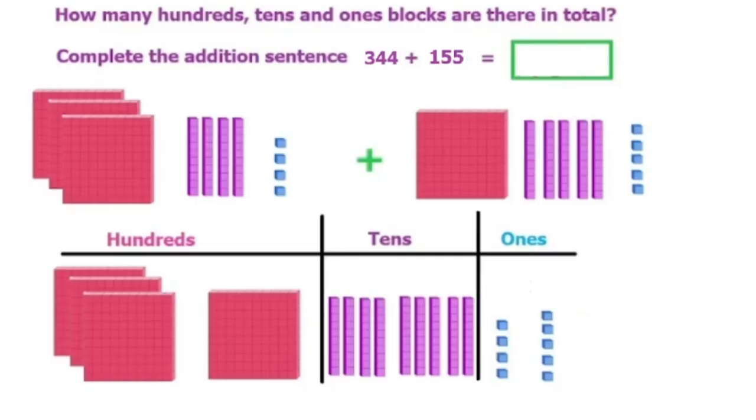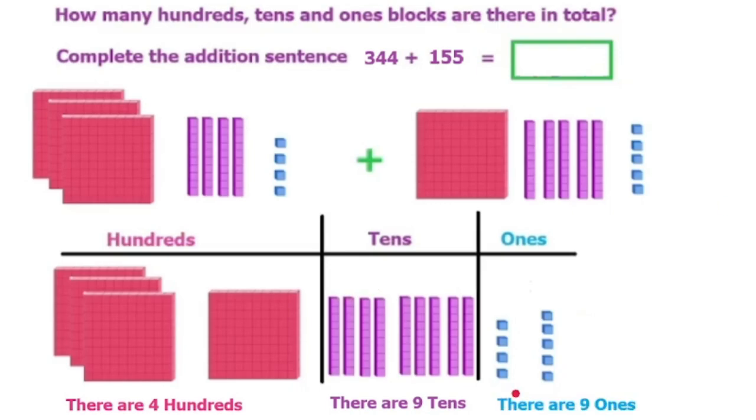So we just add them up. So there are 4 hundreds. There are 9 tens, right? 1, 2, 3, 4, 5, 6, 7, 8, 9. And then there are 9 ones. 1, 2, 3, 4, 5, 6, 7, 8, 9. So actually this tells us the answer. So the answer is going to be